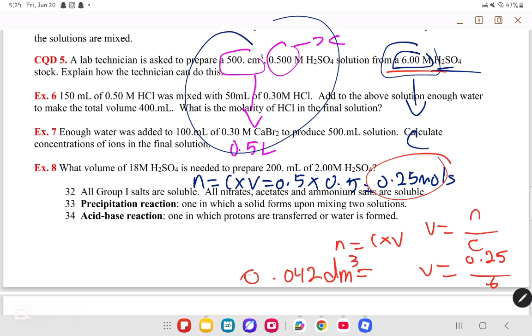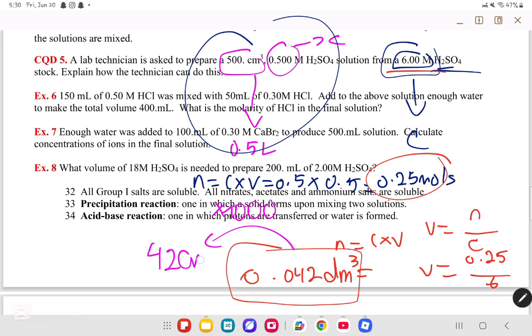Right? Now we have the volume that we should use, okay? Now using a burette, because the burette can measure this decimeter cubed, of course, change it into centimeter cubed. When you change it, you're multiplying by 1,000. So 0.042 times 1,000, that's 42. So you're going to be using a burette to transfer 42 centimeter cubed of 6 molarity acid, and you